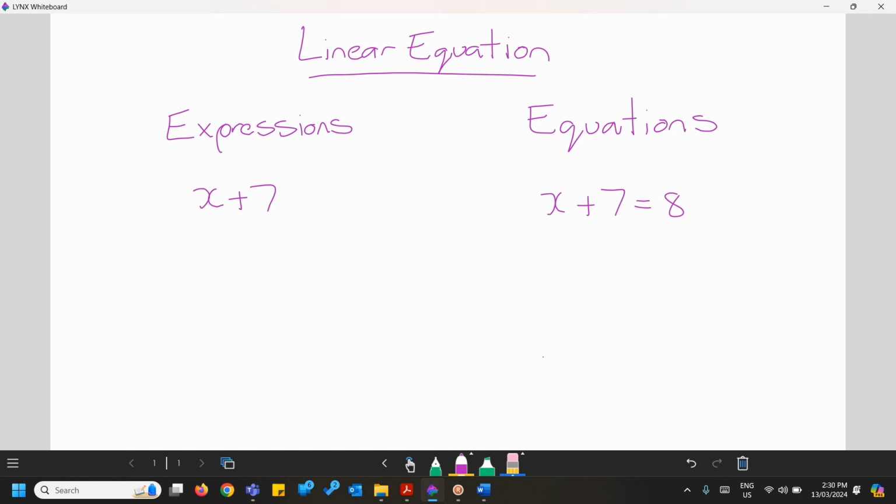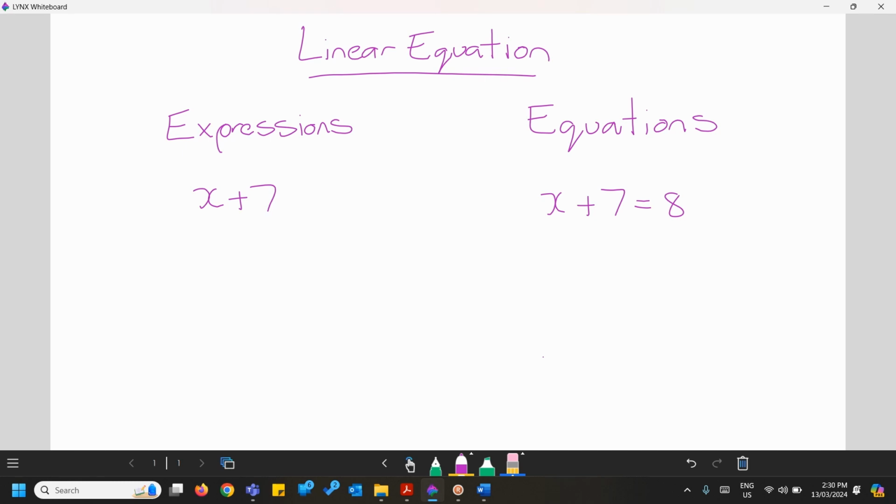One gives you the answer, one doesn't. Absolutely correct. What is it about the one that gives you the answer? Which one does give you the answer? Equations. And what is it about the equation that will give you an answer? It has an equals and then a number. Great. So the easiest way to identify it is that the equation will generally contain an equal sign, whereas an